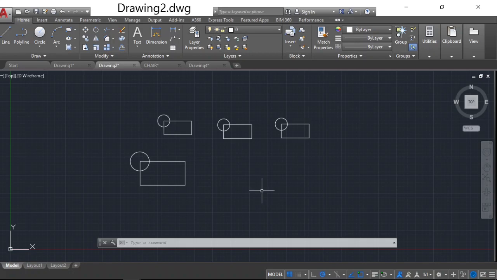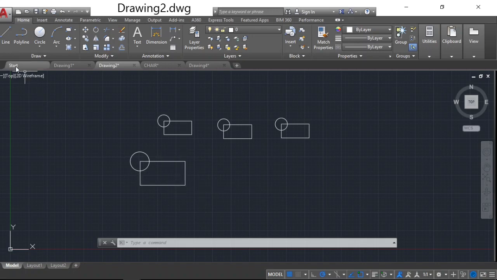So a block is nothing but combining several objects to form a single object with a single name. Okay, so that is the block definition.